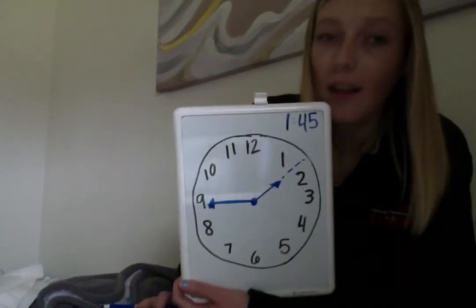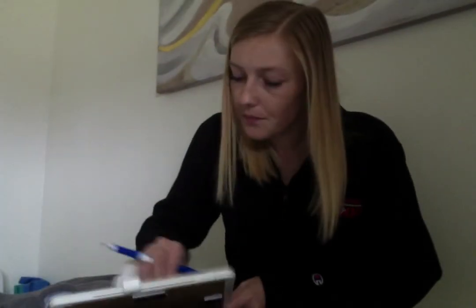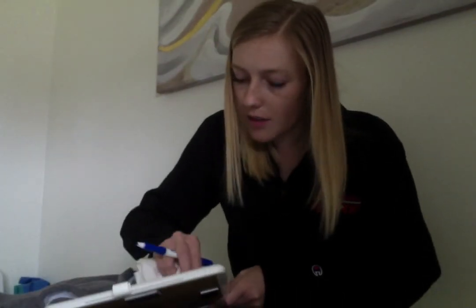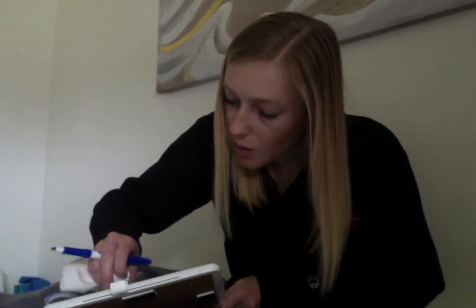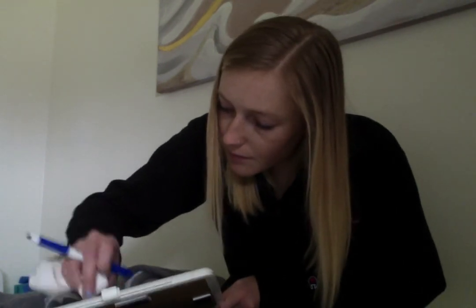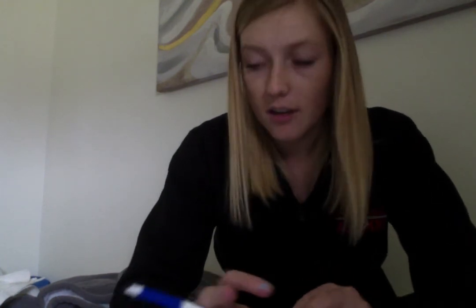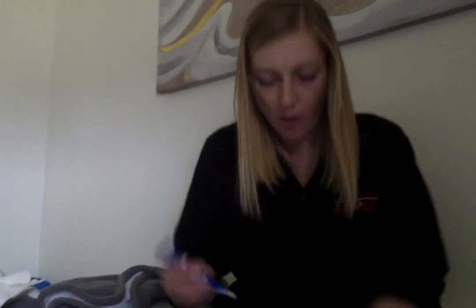So let's take a look at what they've given us here. I'm not going to draw the first one, but let's talk about it. The first one, I see that my minute hand, my long hand, is pointing up at that 12, which means it is time to the what? Hour. It is time to the hour. I see my minute hand pointing at the 12 and my hour hand pointing at the 1, which means it is 1 o'clock there. So since my minute hand isn't pointing at the 9, we don't need to color that one in. The next one, I see my minute hand pointing at the 9, so go ahead and color